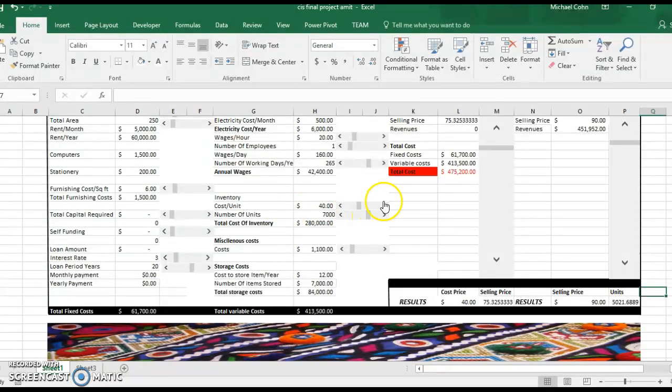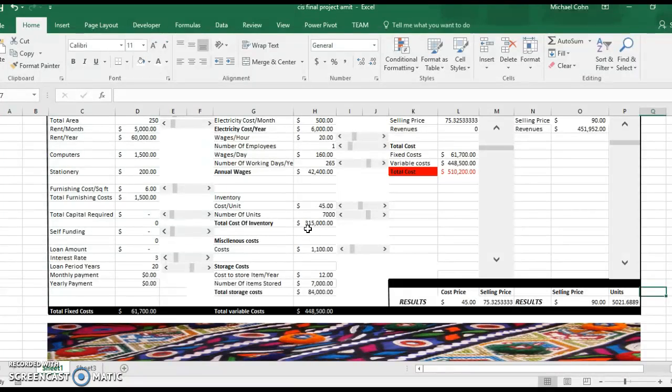When we come to the inventory section, my sister can decide how much each unit is going to cost her. But right now, for this demonstration, let's say that the price is roughly around $45 a unit. And let's say that you have to buy the units in bulk. So you have bought around 7,000 units. So this makes a total cost of inventory of around